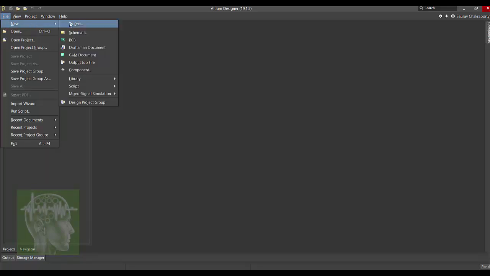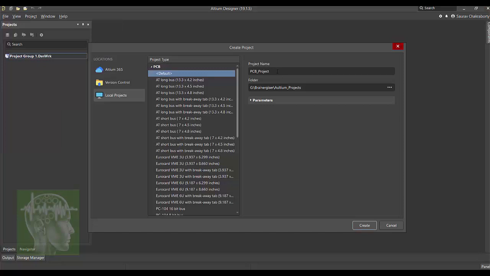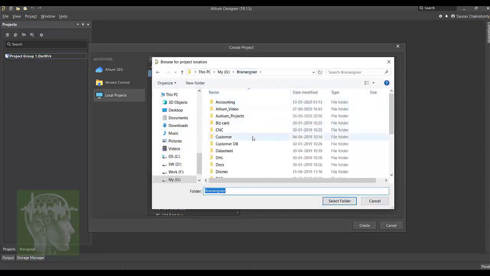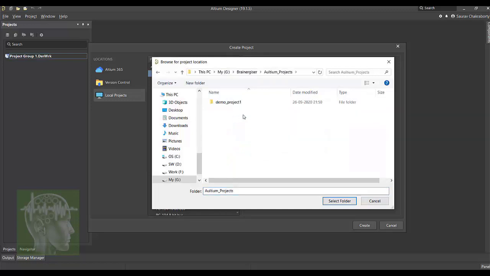Here you have to give the name of the new project. Like I am giving tutorial 1, and maybe tutorial 1 getting started video. So getting started, that's the file name, and then you select the path where you want to store this file. Like I am selecting a path inside my Brainergizer folder.